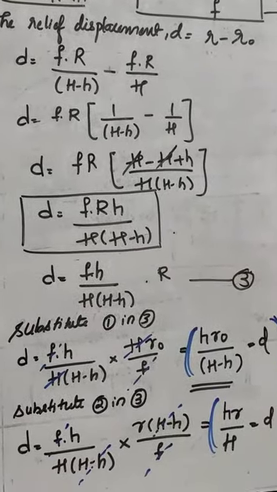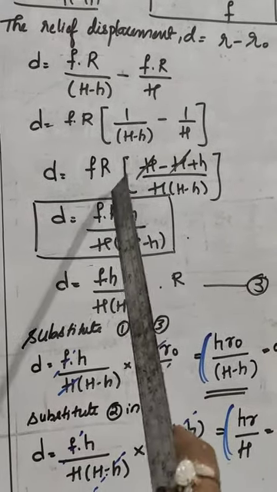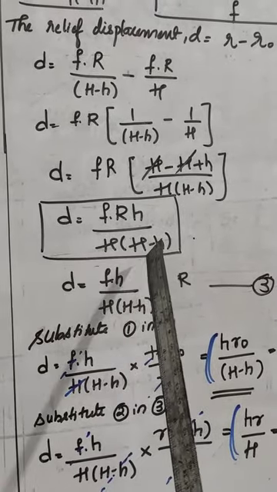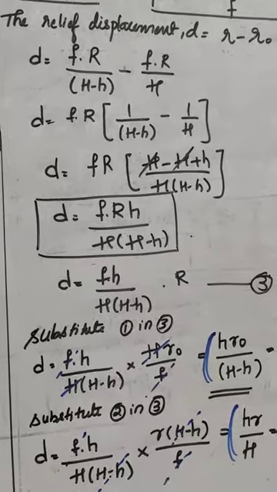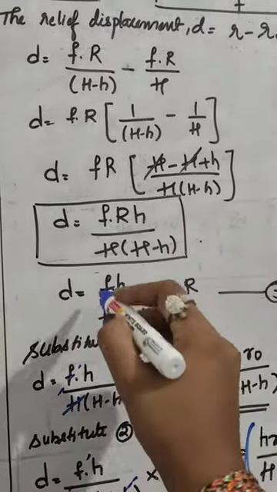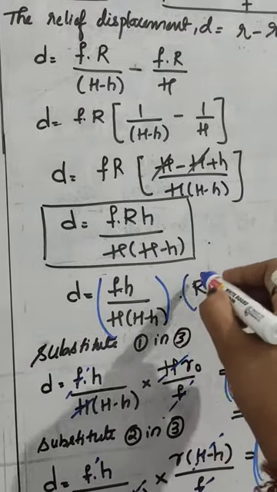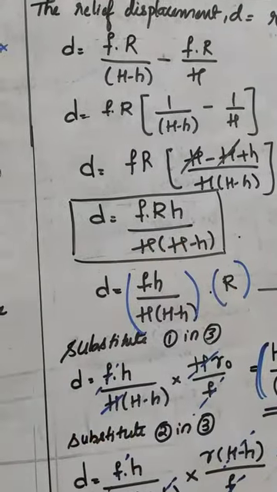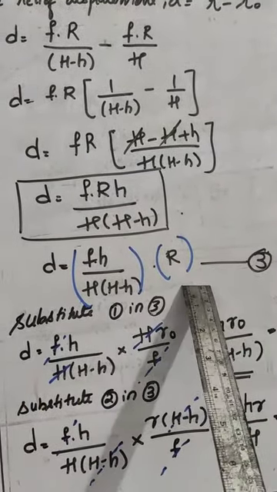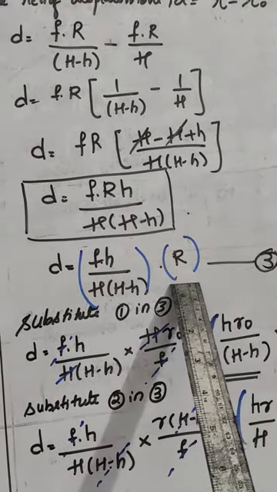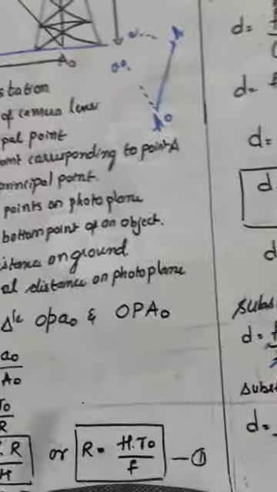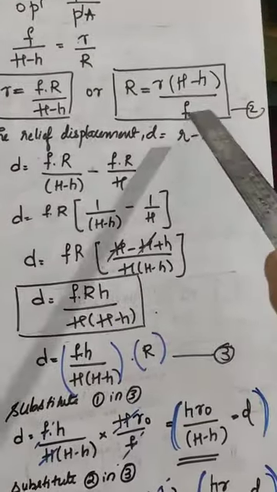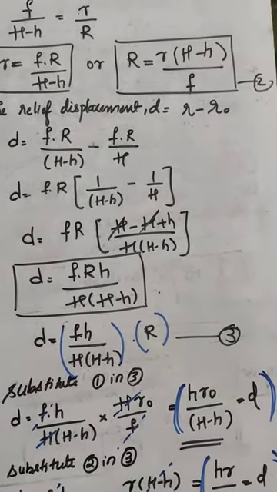So this equation, what I will do now is take r outside. It is the same equation itself. I am writing F h by H minus h as one term, and this r as a separate term. Okay, from this only I have just taken it out. Why have I taken it out? We have found the equation 1 and equation 2 values for capital R. You can see that this is a capital R value which is taken as equation 1, and this is one more capital R value which is taken as equation 2.